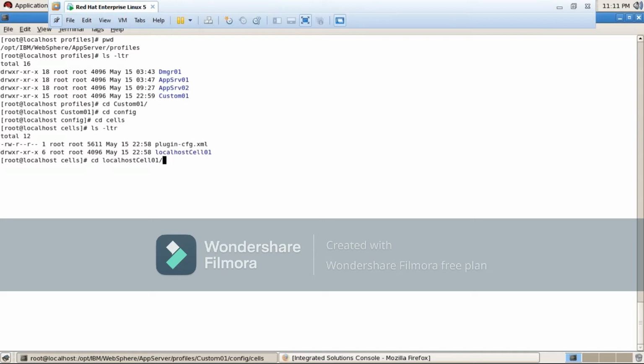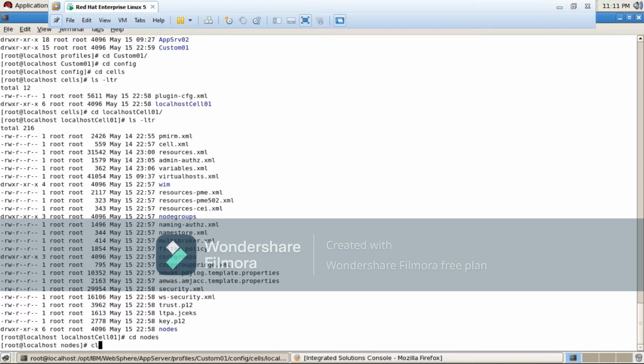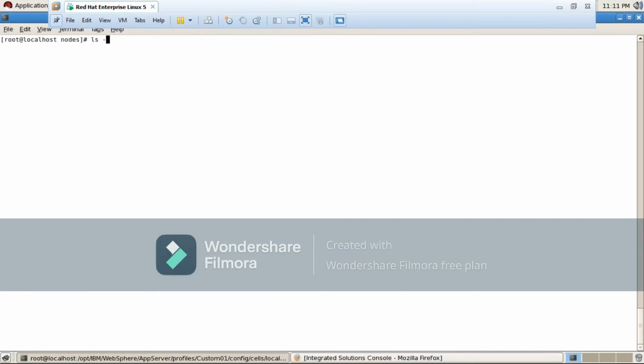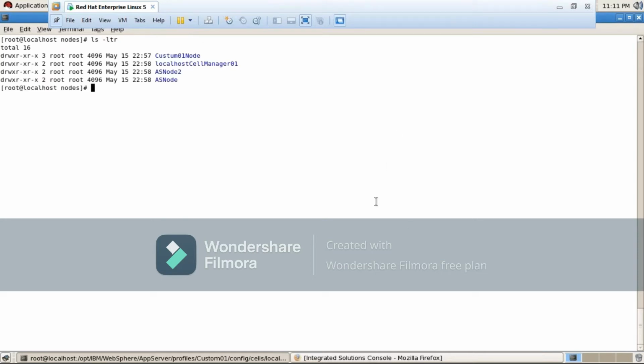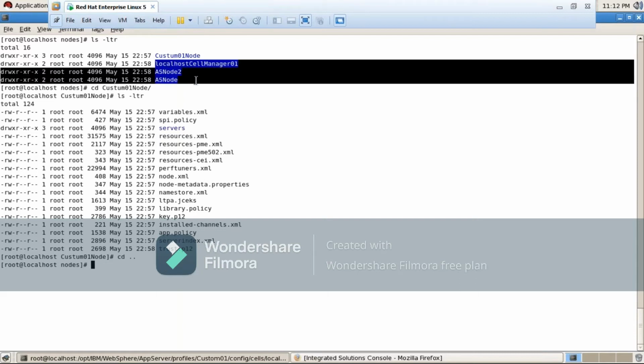Inside that are the cell level configuration files, right? Inside nodes you will see all its own node, and with that you will see all the remaining 3 nodes also. What will be there in these remaining 3 nodes, Akash? Only the server index.xml file. If you go inside of its own node, you will see complete configuration files. But if you go inside of any of the remaining 3, you will see only the serverindex.xml file.